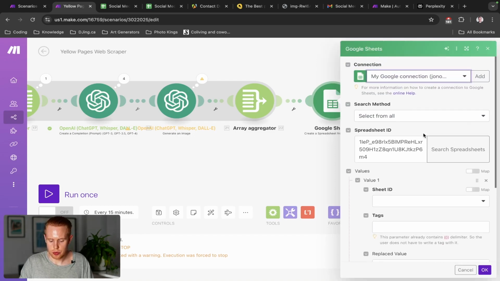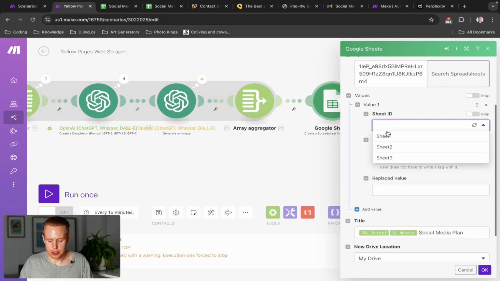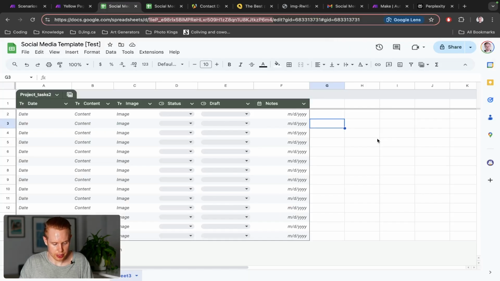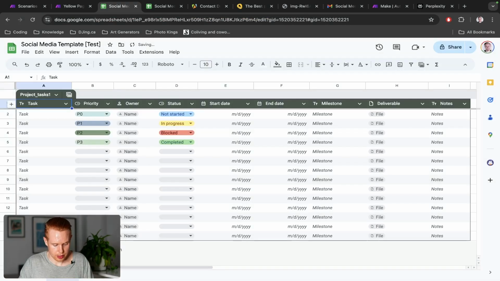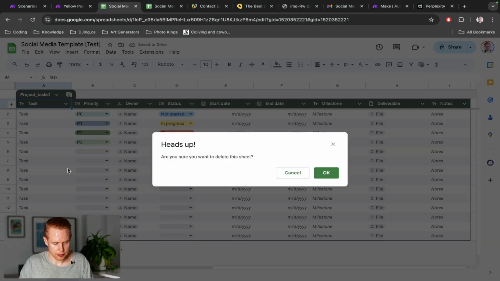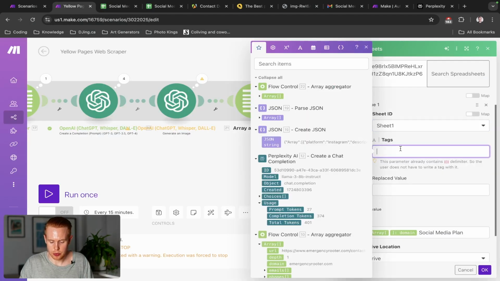And because we're creating a template here, what we really need to do is just map out all of these tags and replacement values. So kind of coming back in here, we'll select the sheet ID. There's really only one spreadsheet here. Oops, looks like there's actually two spreadsheets. So we'll delete this, and we'll also delete this. And it's going to be spreadsheet 1. Tag, let's just say, is